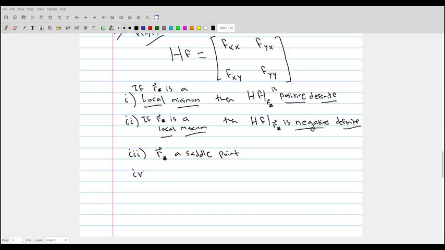Or, in certain circumstances, for certain Hessian matrices, the test is inconclusive, or it doesn't actually tell you whether R star is a local minimum or a local maximum. So these are the four conclusions of the second derivative test, and it actually comes directly from the multivariable Taylor